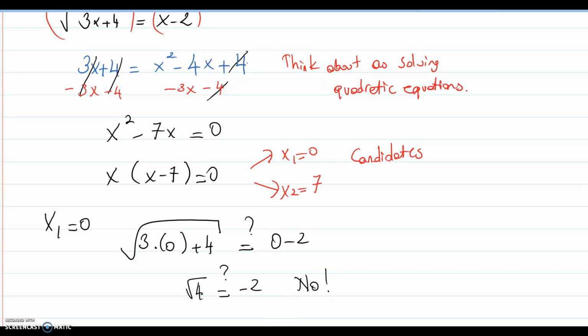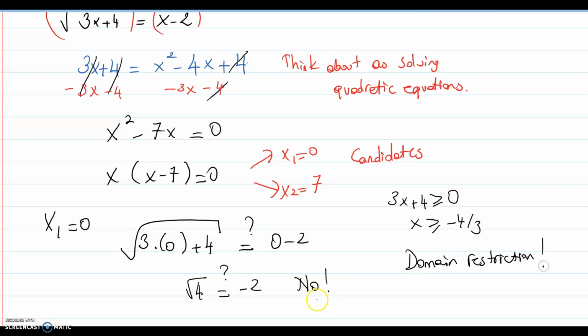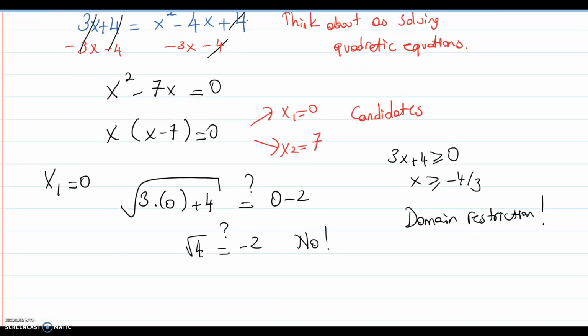because we want x to be greater than or equal to negative 4 over 3 for the domain restriction. So it doesn't adhere to the domain restriction. All right. So that doesn't satisfy. So if we go x2 equals 7, we plug in 7, 3 times 7 plus 4,